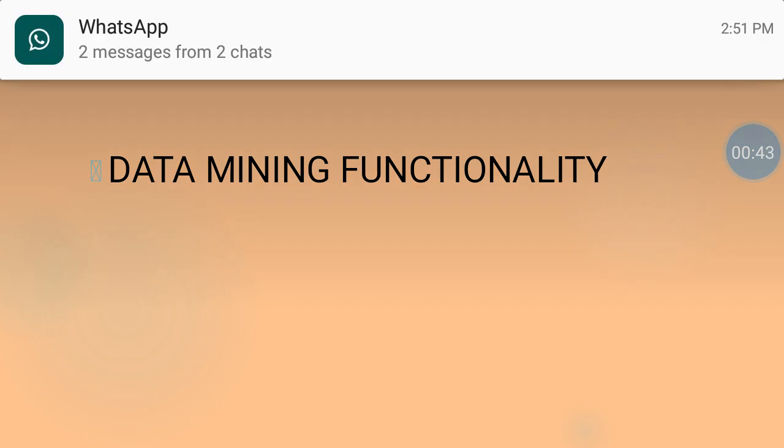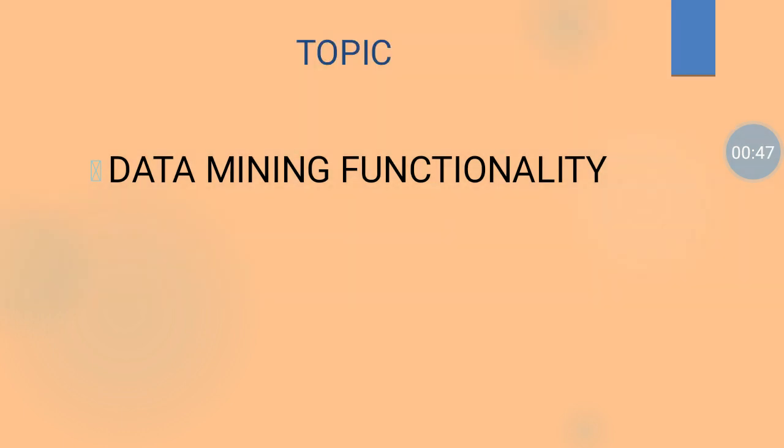This will be processed to produce the result. How it is done using the data mining methodology will be discussed in this class.